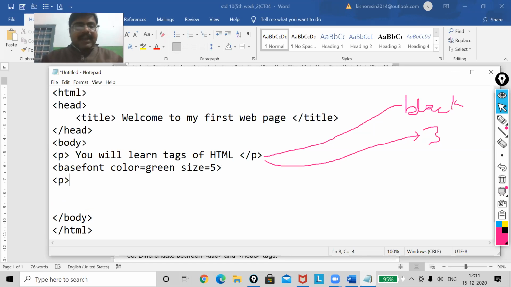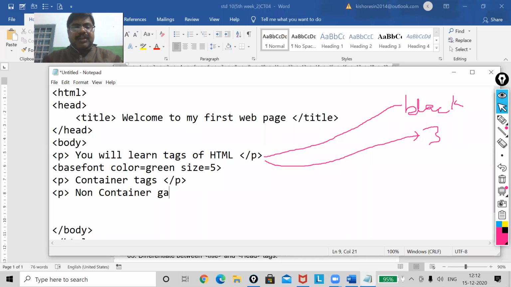And then paragraph, and then container tags, and now non-container tags I've used. Now I'm going to use the slash. Okay, slash body already I used. Now you see, my dear,